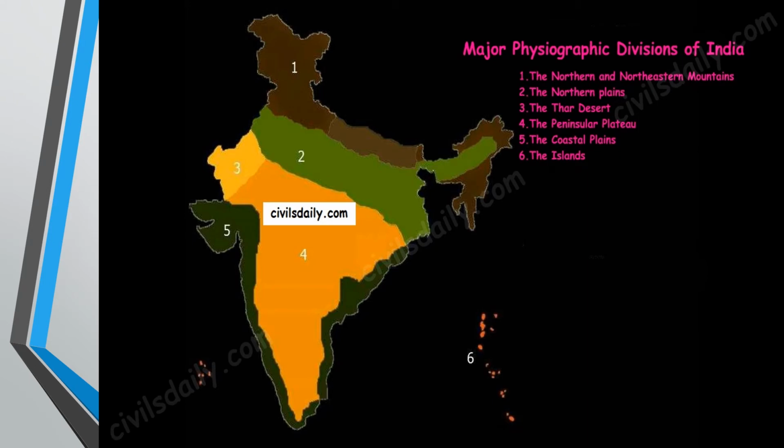Here we are going to study about the northern and the northeastern mountains, the Himalayas, right? See, the northern and the northeastern, this part is east. We did study about this in our earlier lecture. Then we studied about the northern plains. I told you because of the Himalayas, the northern plains were formed. Yes, because of the perennial rivers. The rivers are 365 days perennial, and due to that activity, northern plains were formed.